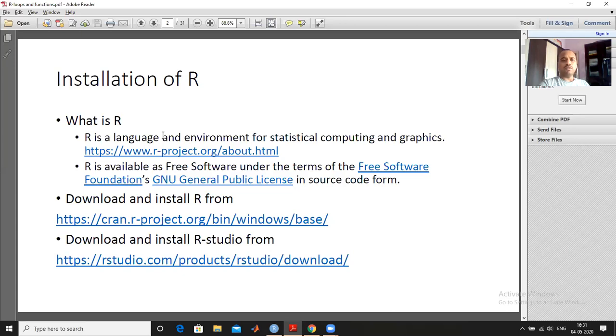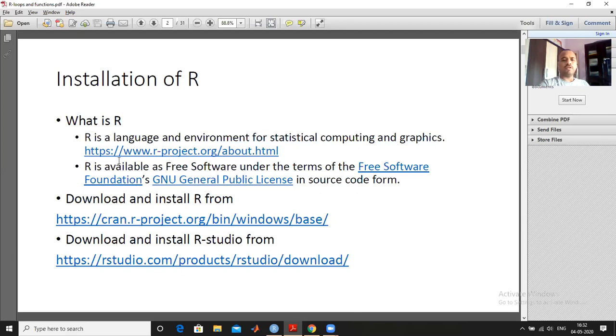Means you can use R as a computer language, or you can use it as an environment for statistical computing and graphics. Nowadays R is becoming very popular due to its free feature.